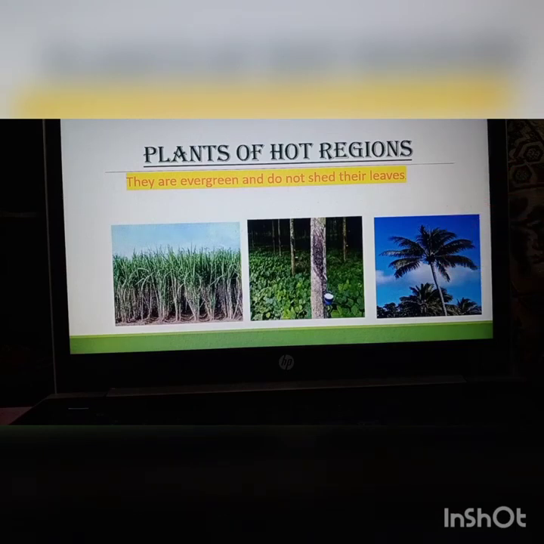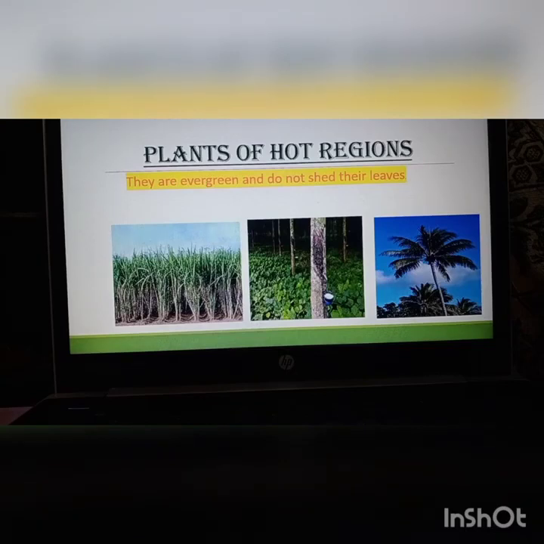So that's it for today, students. Today we have discussed different plants that are terrestrial plants. Terrestrial plants means the plants that grow on land. Its first category was plants in plains, meaning the plants that are present around you. Next one was the plants of the desert, the plants that grow in the desert area, and they are called xerophytes. It is an important term, again and again I am telling you.